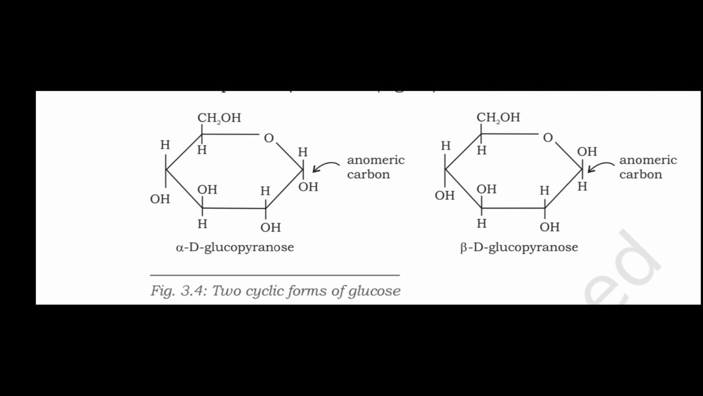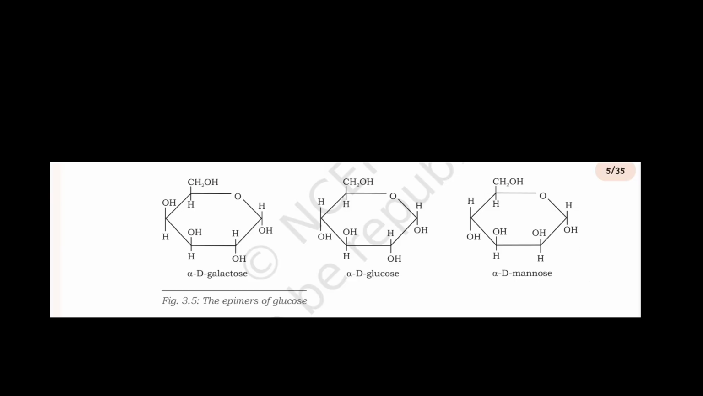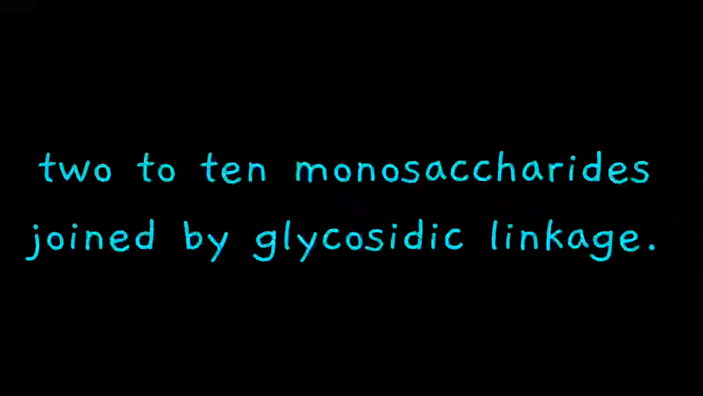The most important epimers of glucose are mannose, epimer at C2, and galactose, epimer at C4, as shown in the figure. Then oligosaccharides, what are they? They consist of 2 to 10 monosaccharides joined by glycosidic linkages. For example, the disaccharide maltose contains 2